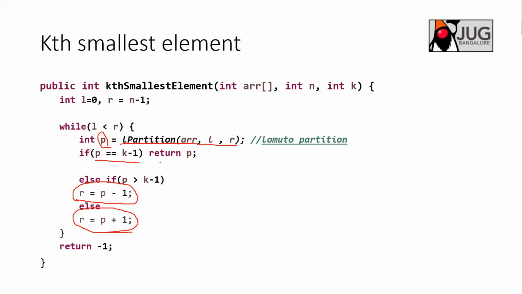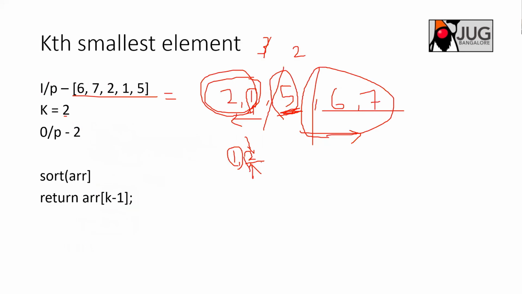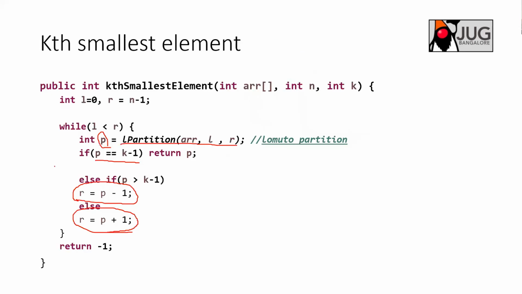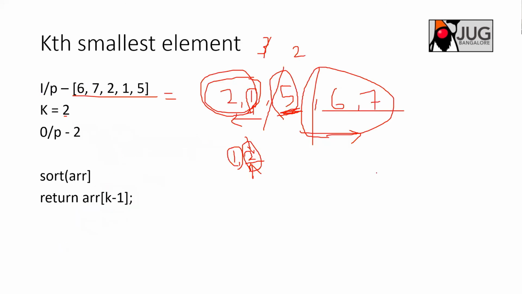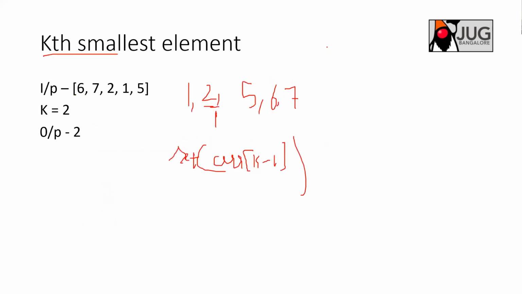So basically what you need to sort now, call the Lomuto partition again on this element. And now you know that after Lomuto partition is done, it returns the position of the 2, which is nothing but k minus 1. So you are saving this much time here. If you have a bigger array and complicated things to do, it works much better than the naive solution which I explained to you, sort and then return the position. Before the sort itself, you can do that.